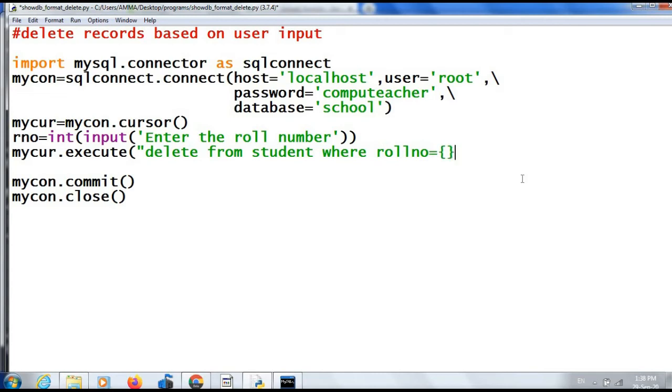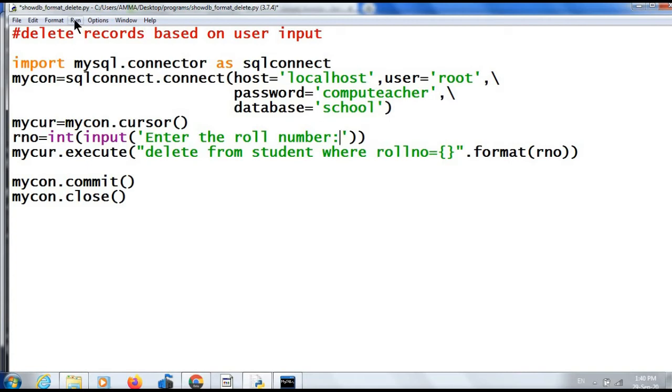No need of quotes because it is an integer, closing bracket, then dot format, give RNO as the argument, that is the variable name in which the roll number is stored. Close, then close the execute function, then commit and close.